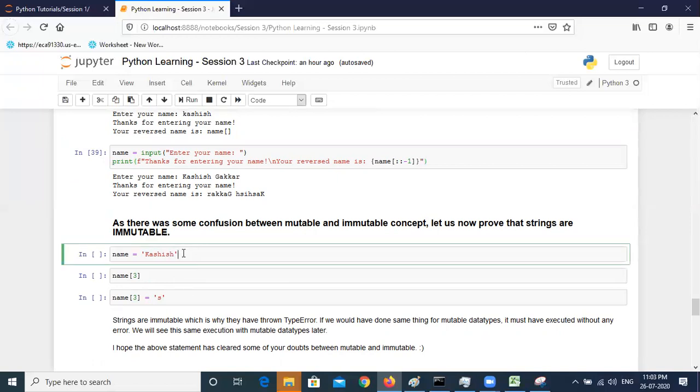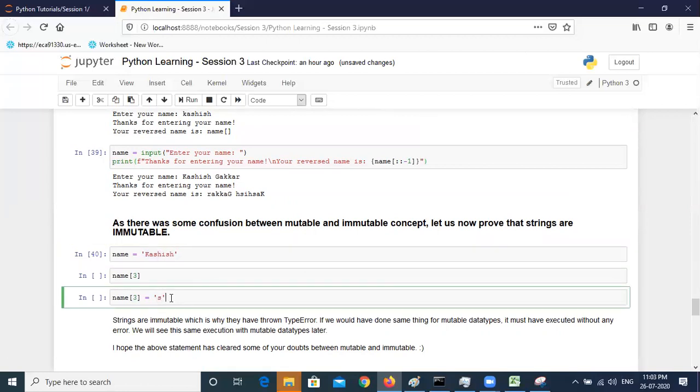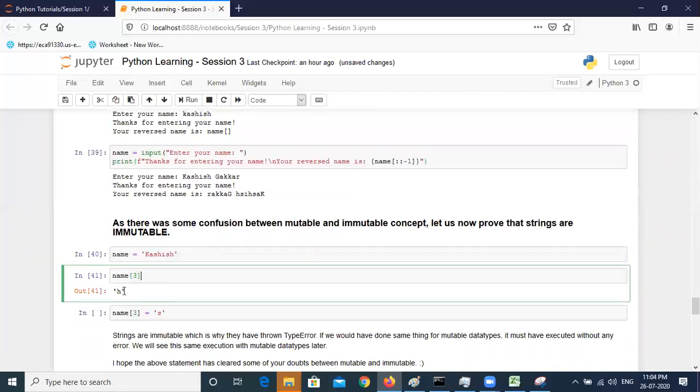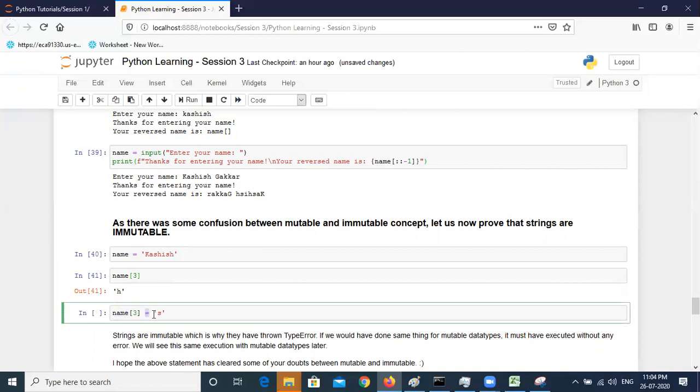So I've created a variable, Kashish. At the third location, which is 0, 1, 2, 3, the letter is H. Suppose I want to replace H with S. So I can use indexing. Definitely at the third location it is H. And to replace a value, we use the indexing syntax and equals to the value to which we want to alter.